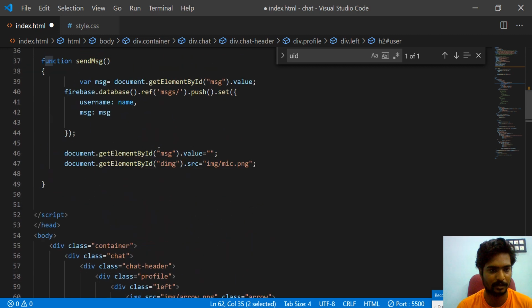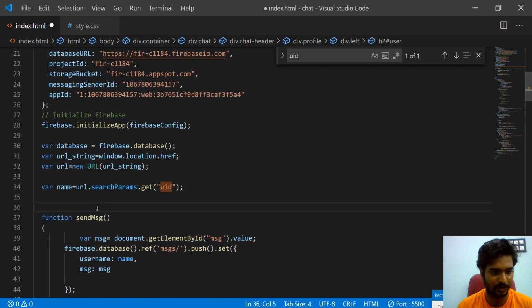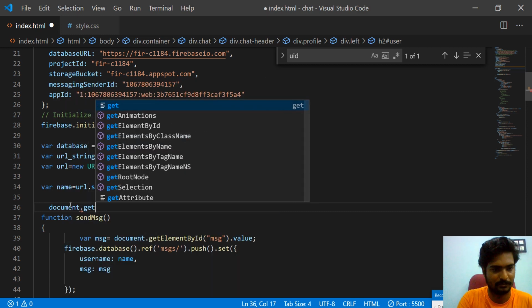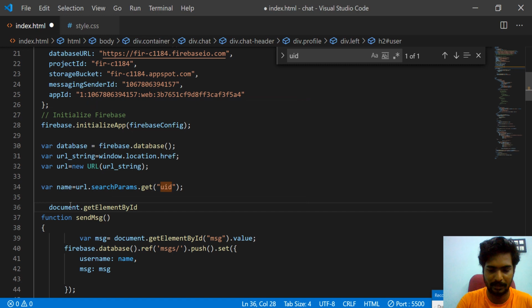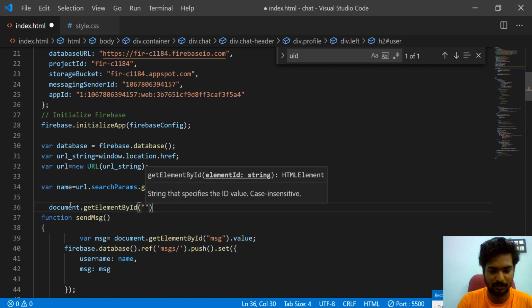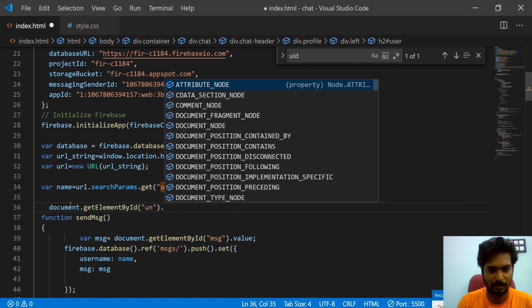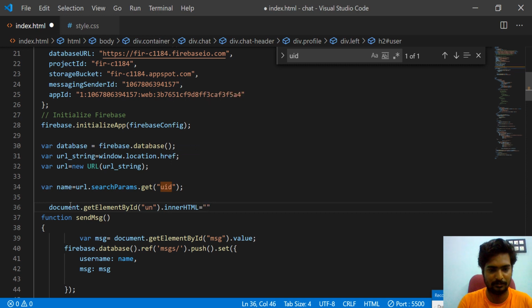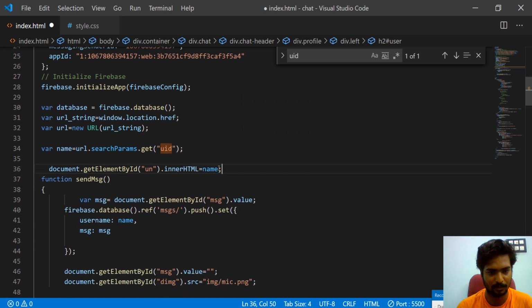Our ID is UN. So after we get the name, document.getElementById('UN').innerHTML equals name.